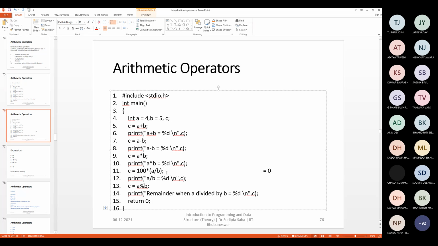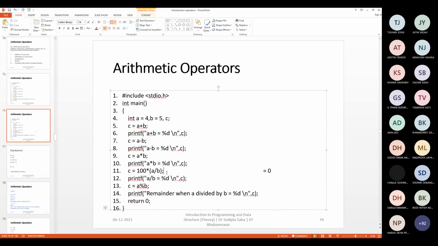Floating point part should be there, or the decimal fractional part should be there. You'll have to balance these things, and you have to answer some questions also in the lab based on these issues. Okay, so mostly you'll be solving formulas. Some formulas will be given to you, and you'll have to calculate something. You'll have to derive some value from a set of values. Some set of values will be given to you, and based on these variable values, you'll have to calculate some other values. Now your job should be to declare these variable types in an optimal way, as well as the result should be correct.